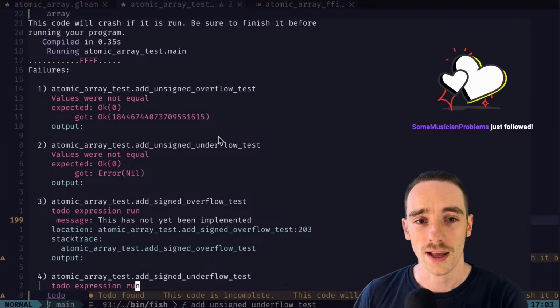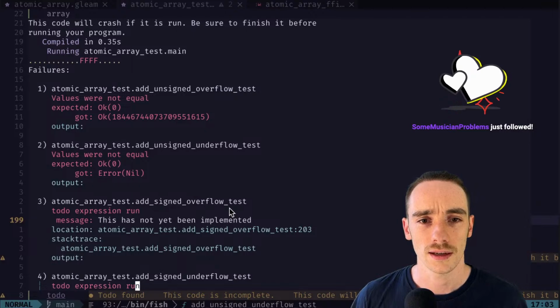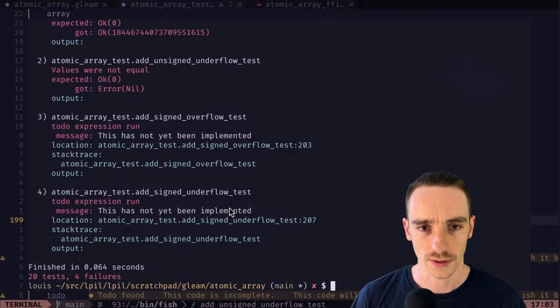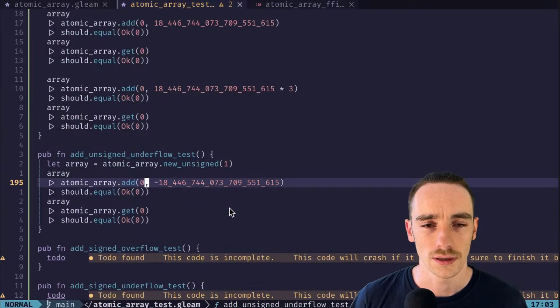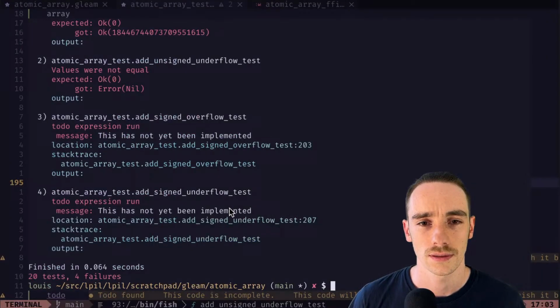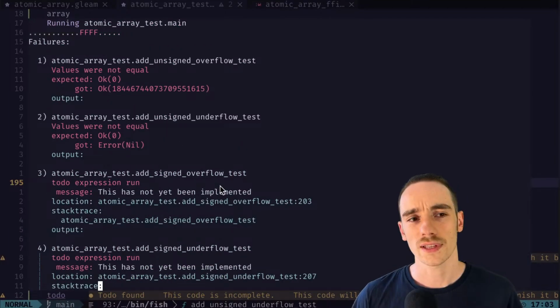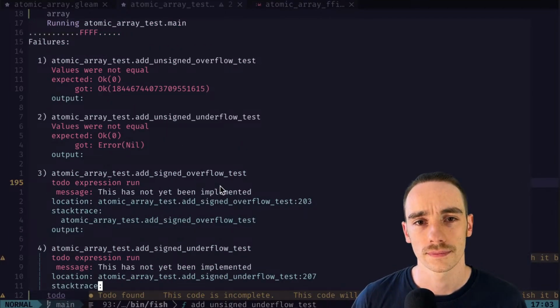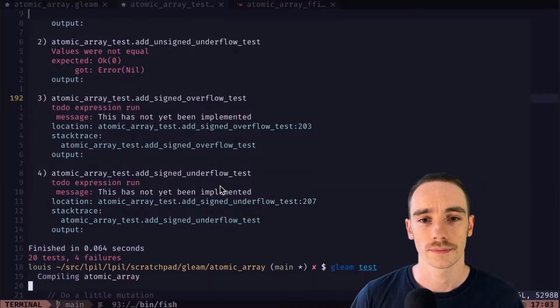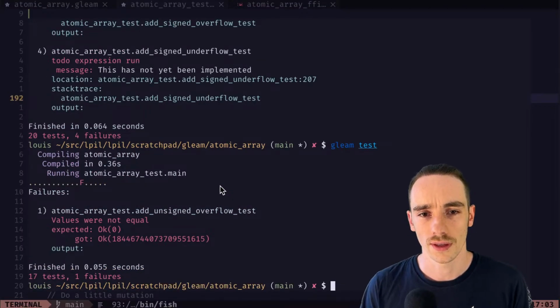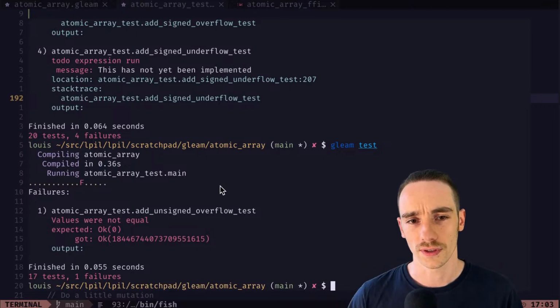So the overflow and the underflow. Okay, add underflow. What's the error there? Let's do just one. So in our overflow test,